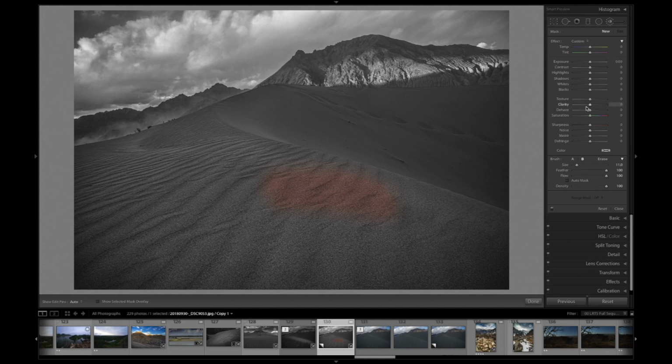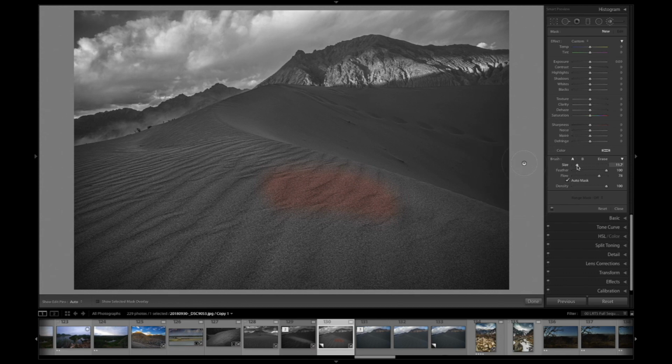But how will you decide the size, degree of hardness and opacity of the brush tool? There is another panel just below the various adjustment sliders. In this panel you have the flexibility of selecting two brushes for different adjustments, that is A and B. So you can switch between these two as per your choice.